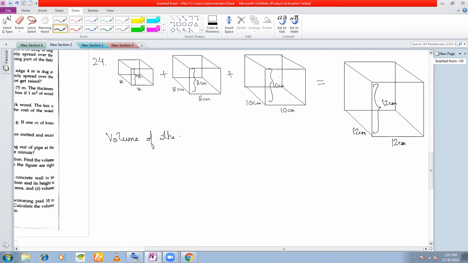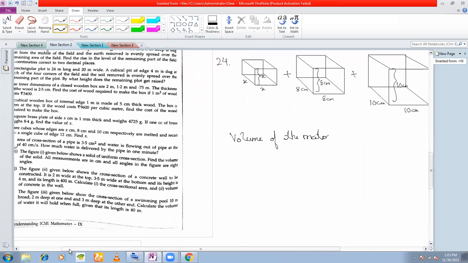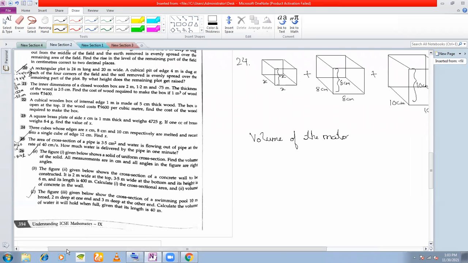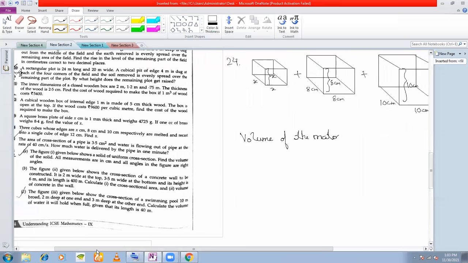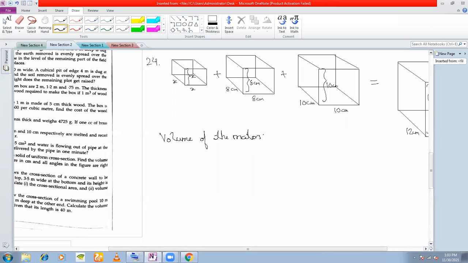What is the material? Is it given here? No, material is not given. Volume of the material obtained on melting the three cubes